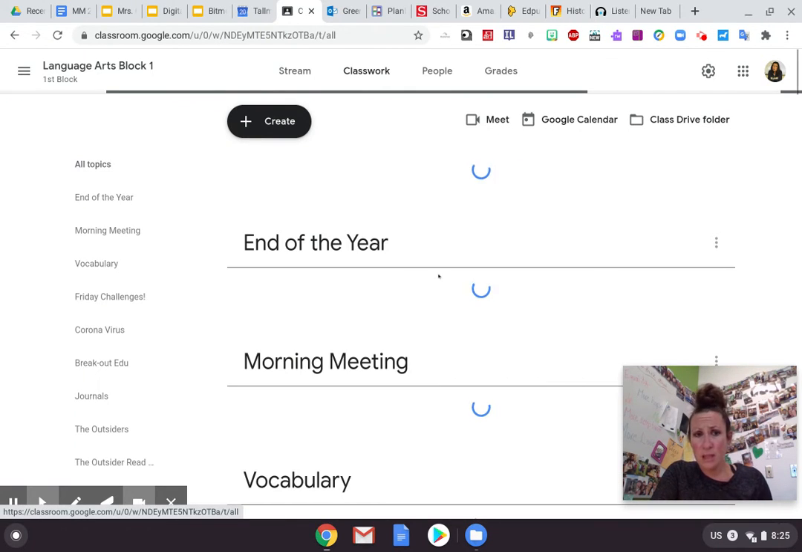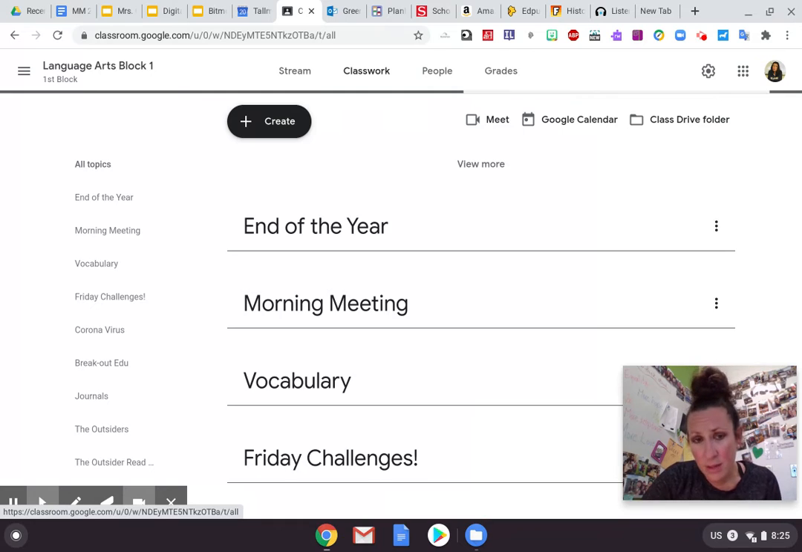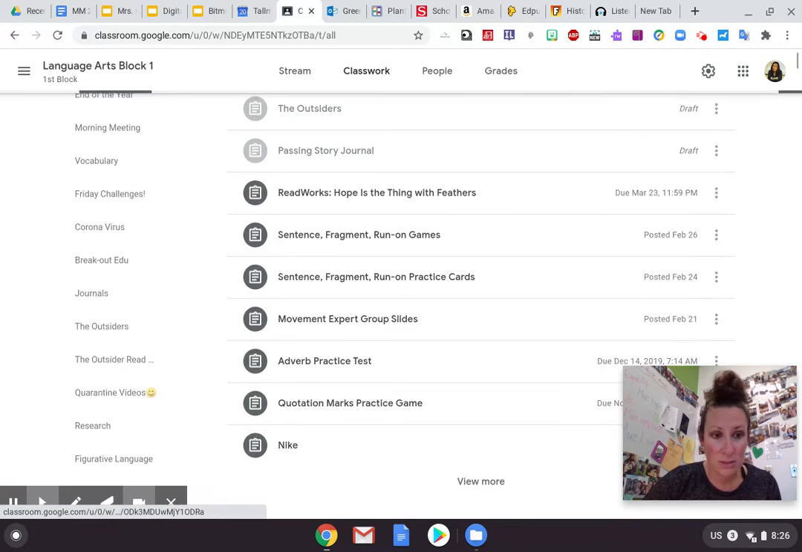Okay. Now when you open up the classwork tab, you're going to be able to see that over here on the left, I've divided everything into different topics. So if a student was missing something, for example, at the end of last year that was about reading The Outsiders, and you as a parent were like, well, where's that assignment? If they gave you some deal, I don't know where it is, you can look underneath The Outsiders